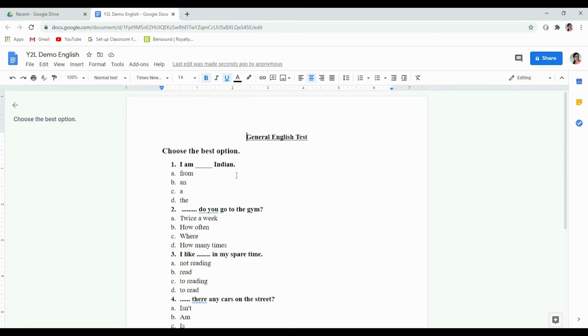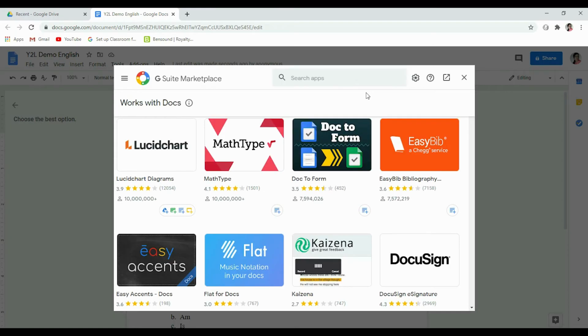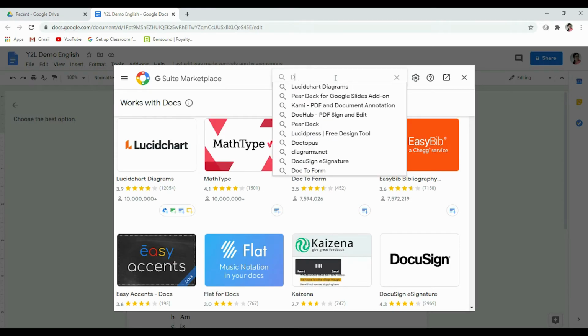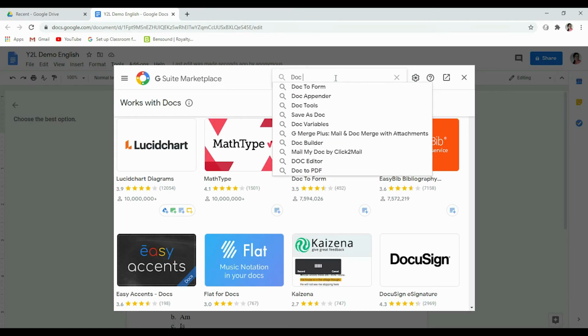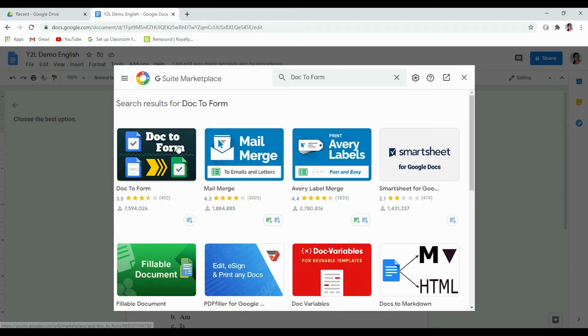We need to convert it into Google Forms. What we will do, we will go to add-ons option here, which is next to the tools tab. Get add-ons, and in the search box we will look for doc to form. This is doc to form.